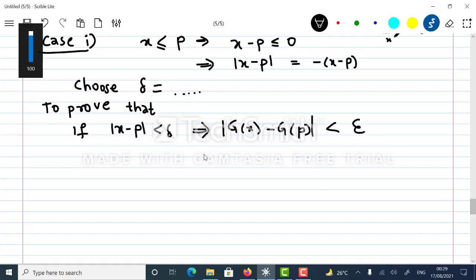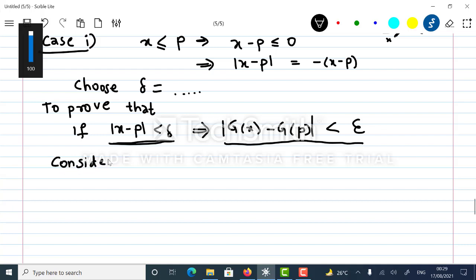Okay, so we are assuming that mod x minus p is less than delta, and we will prove that mod g of x minus g of p is less than epsilon. So let me consider this part. So consider modulus g of x minus g of p,